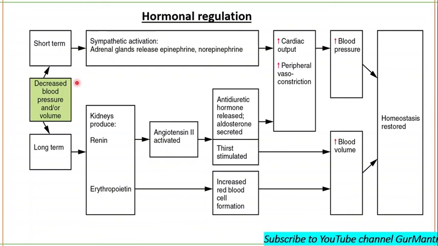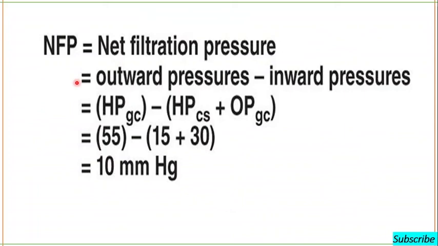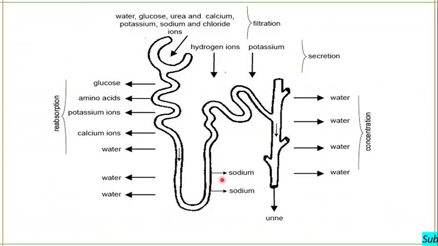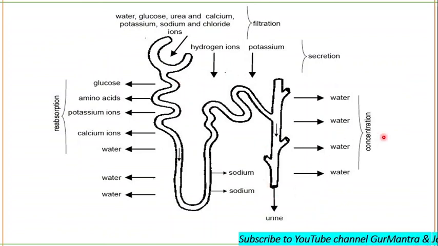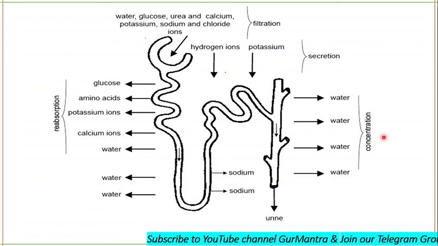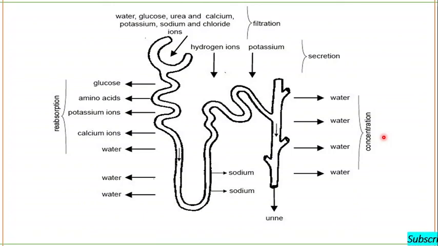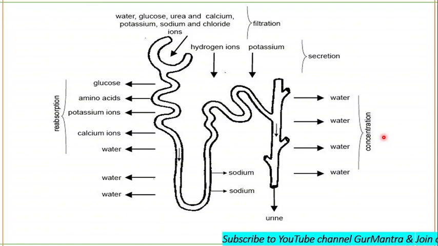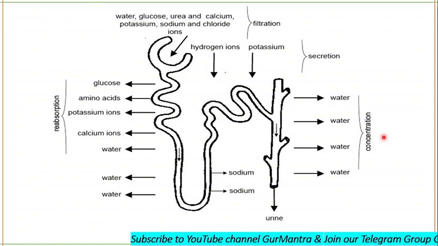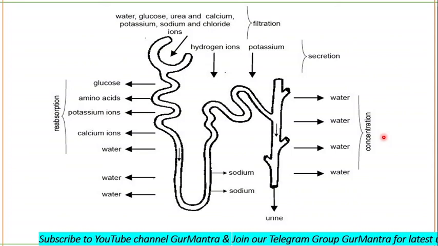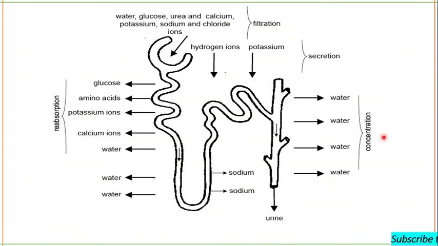What are the normal characteristics of urine? You know about hydrostatic pressure, and all the urine will be collected from here to the renal pelvis, from the renal pelvis to the ureter, from the ureter to the urinary bladder, and finally it will be excreted through the urethra. I will later tell you about the chemical composition of urine.